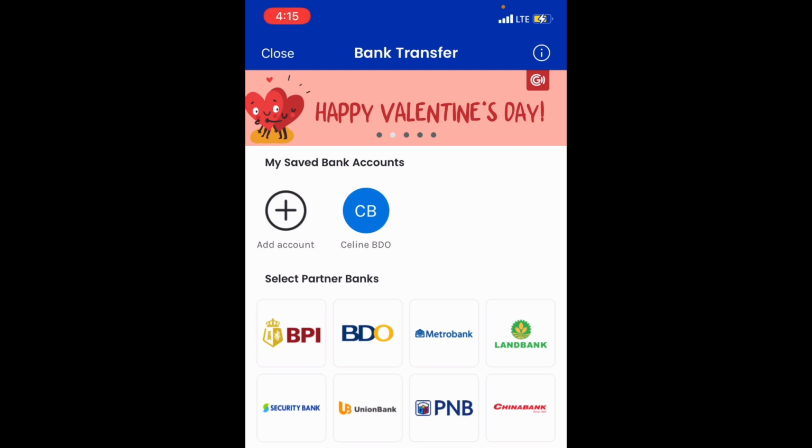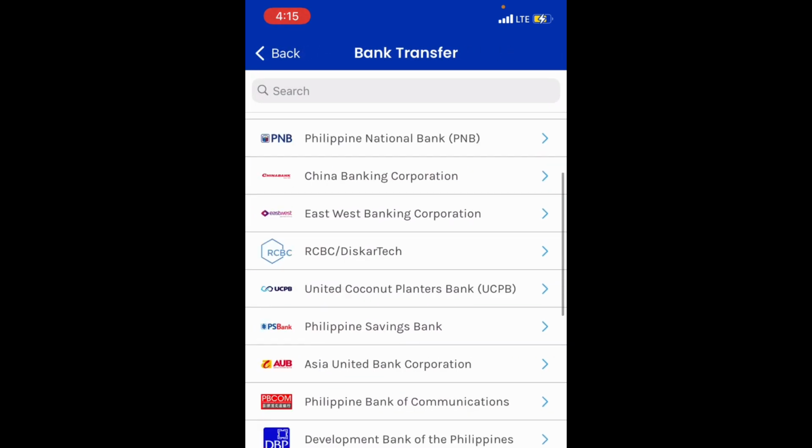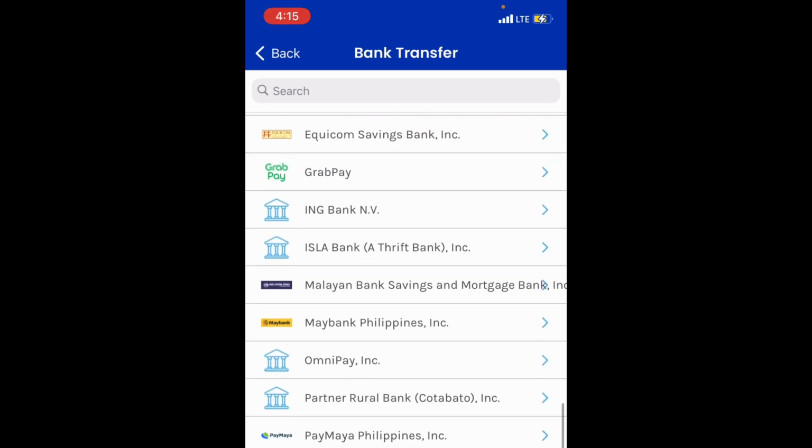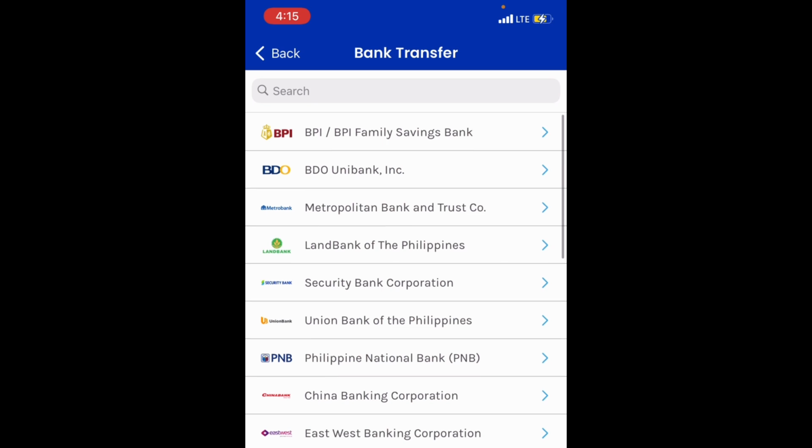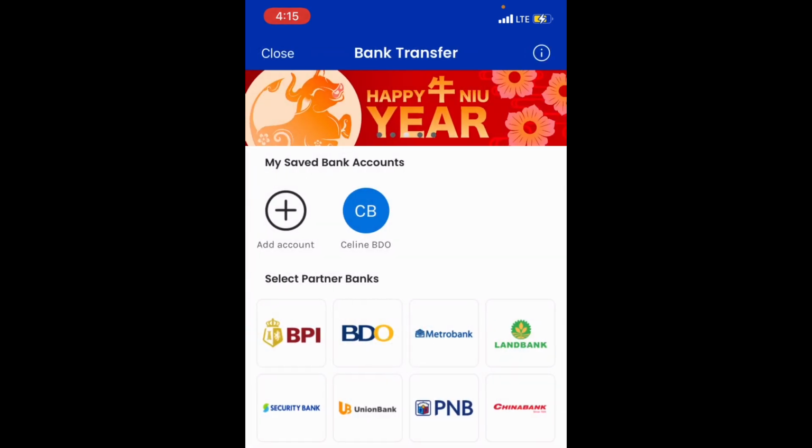So, for example, your bank account is BDO. So, marami diyan na bangko, BPI, BDO, Land Bank, East West, ayan. So, andito yung maraming list of banks na pwede mong pag-transferan. So, let's say